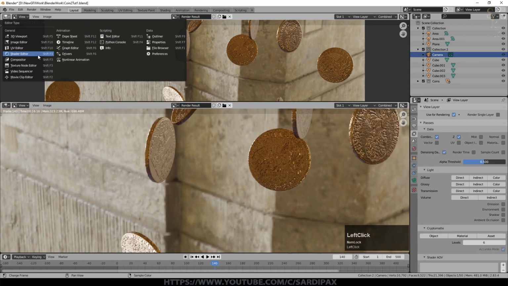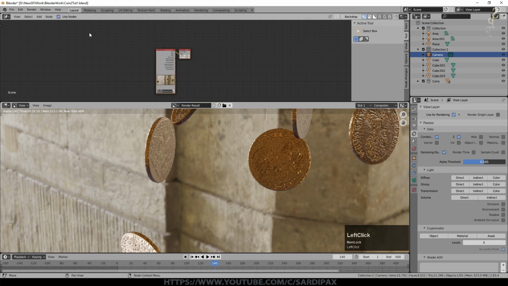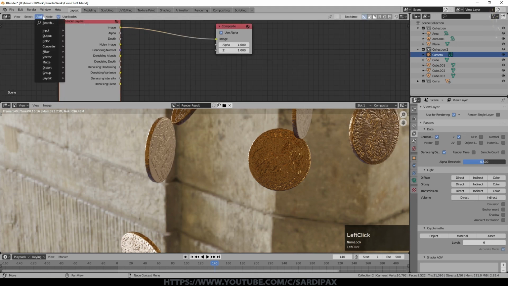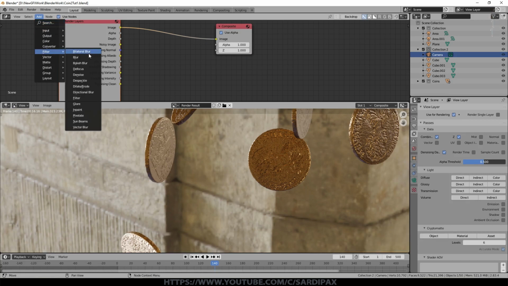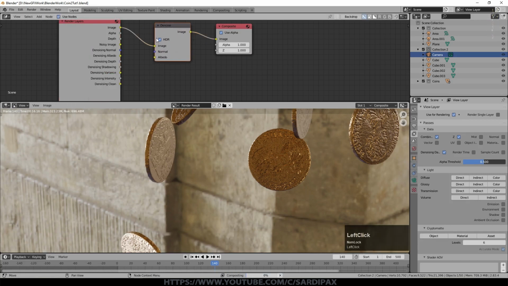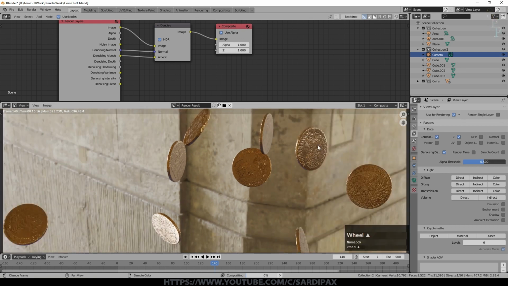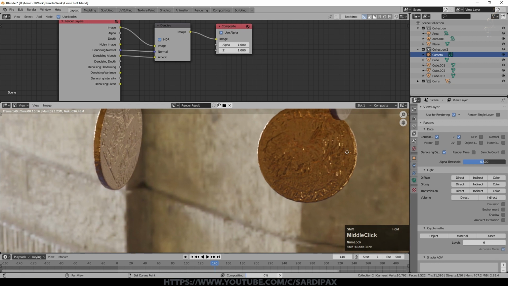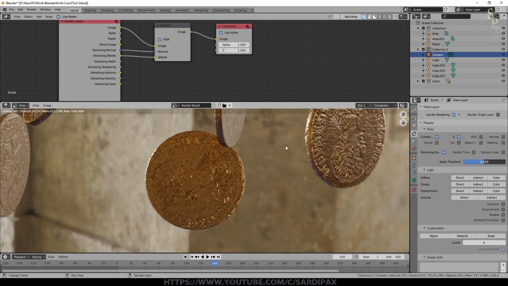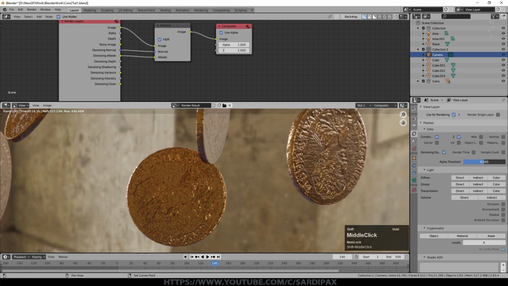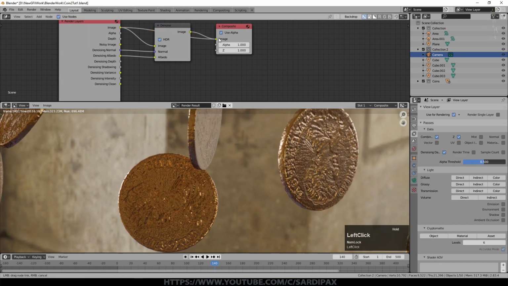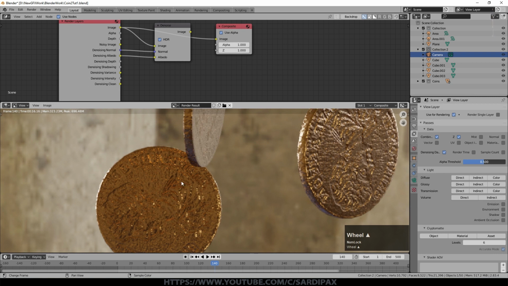But if I now go to the compositor and say use nodes, you can see we've got these extra options down here. So if I now go to filters and add the denoise filter and drop that in there, I can now take away the denoising normal and the denoising albedo, and that gives us a smoother image. It's a subtle effect on this particular image, but the point is it allows you to render at fewer samples and therefore render more quickly. If I take that off, I just use the straight through. It's a slightly sharper image, but slightly noisy. But as I say, it is a subtle thing, and denoising does take a moment, but it makes it a bit smoother.